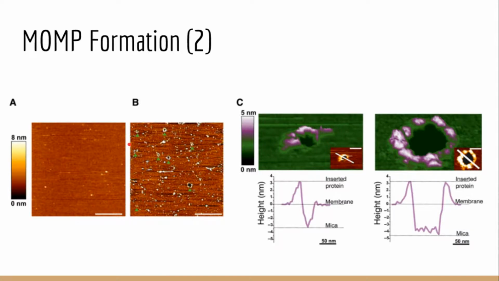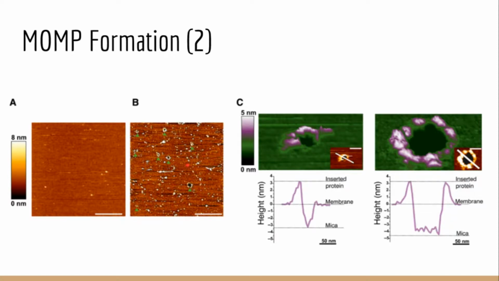And so this is an atomic force microscopy of an artificial membrane made with a lipid composition that mirrors the composition of a mitochondrial membrane. And in panel A, we see that the membrane by itself is pretty uneventful. Nothing interesting is happening. In panel B, we see that same membrane, but after the addition of recombinant Bax proteins. So they have, at this point, clearly formed multiple holes in the membrane,